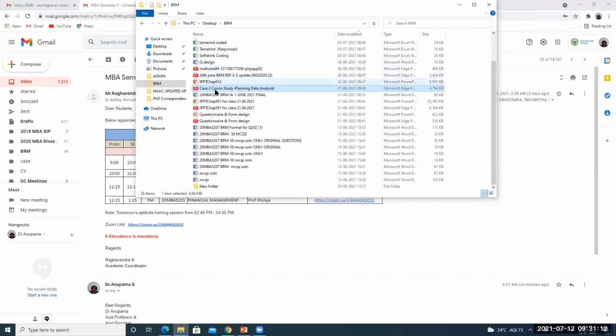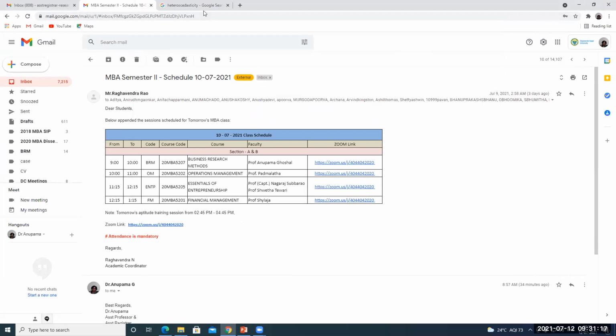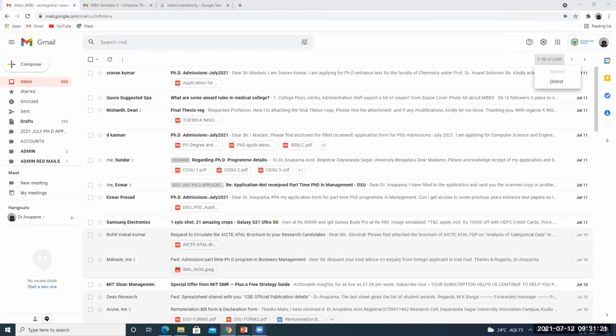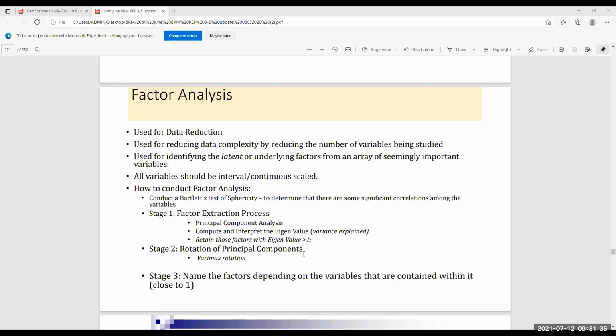And there was a question that we were discussing in class that if you have a 7-point scale, is it very difficult to control for analysis? Many of you had seen that a 5-point scale was used for analysis, but if you have a 7-point scale, some of you are saying that it becomes very, very difficult to analyze, isn't it? That is what was being discussed. So if we talk about factor analysis, here all the variables have to be interval scaled or continuous scale. So I was trying to put up the case study here that was given out to all of you. So let us see the case study.